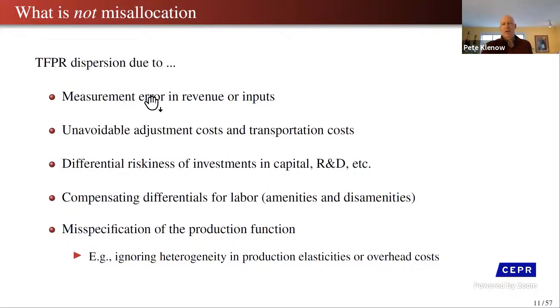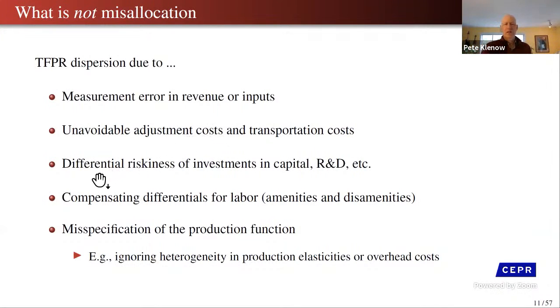Well, anything that's just measurement, anything that's just an error in recording revenue versus inputs. Maybe the true economy perfectly equates TFPR and the value of the marginal product of labor or capital across firms in the economy, but then when we measure it, it doesn't, just because of errors in the way things are recorded. That clearly wouldn't be misallocation, so we clearly have to worry about that. And my paper with Mark Bills and Kian Ron is precisely about that. So another one is adjustment costs. I'll mention a couple of papers in that literature